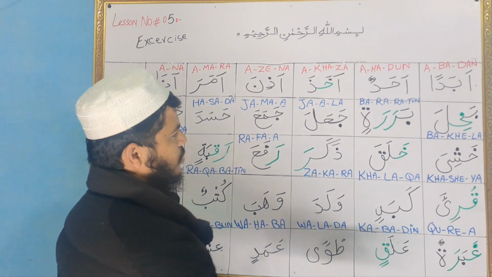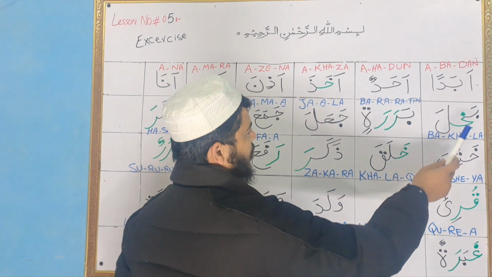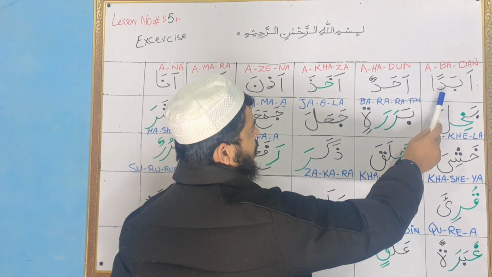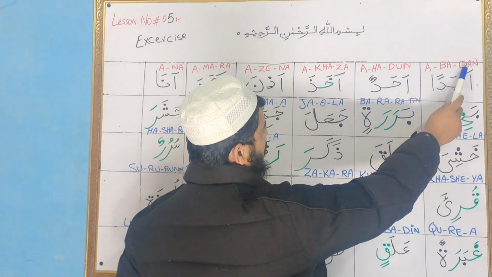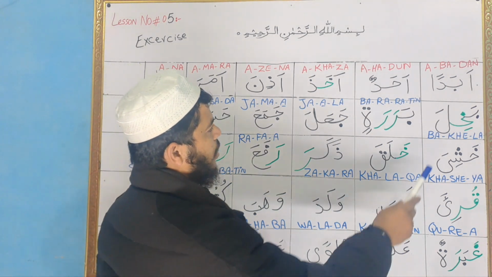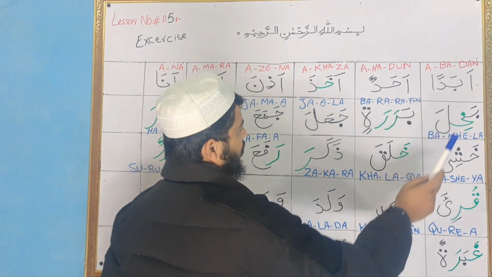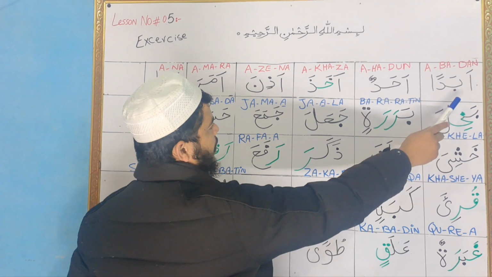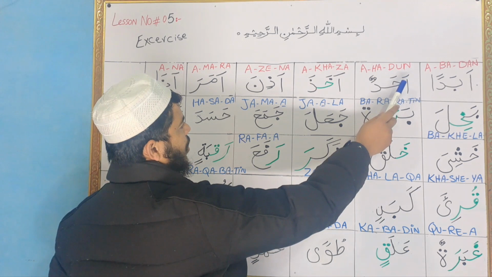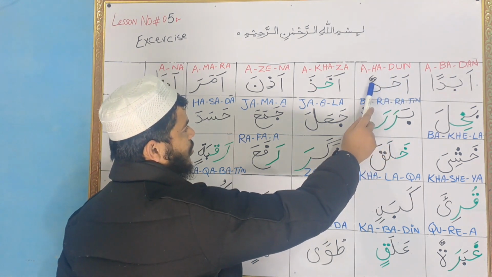Bismillahirrahmanirrahim. So you see alif with Fathah, we remember it as Hamza Fathah. Hamza Fathah sound A, Ba Fathah Ba, Dal two Fathahs Dan. So then we will read it like a word. Abadan, abadan. So it will be abadan. Next, Hamza Fatha A, Ha Fatha Ha, aha, Dal double Dhamma Dun,